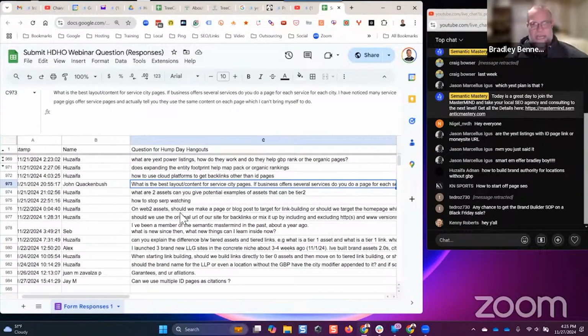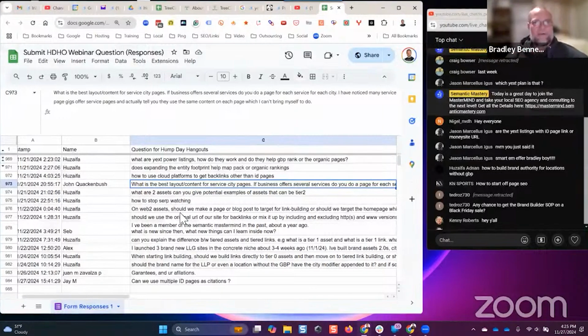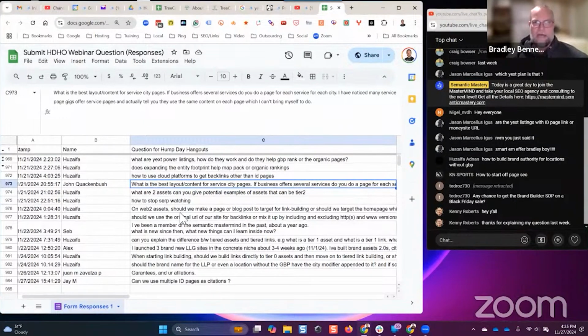No, we all used to have to do that, and I hated it, but we all did it as local SEOs because that's how we used to get results. We don't need to do that anymore. You only need one page for every service or product and one page for every location in most cases. In some cases, if you have very distinct service categories, it may make sense to make a separate location page for each of the primary service categories. But in most cases, you can get away with one location page and one service page for every service and for every location. And you associate the pages through internal linking so that you don't have to have duplication and